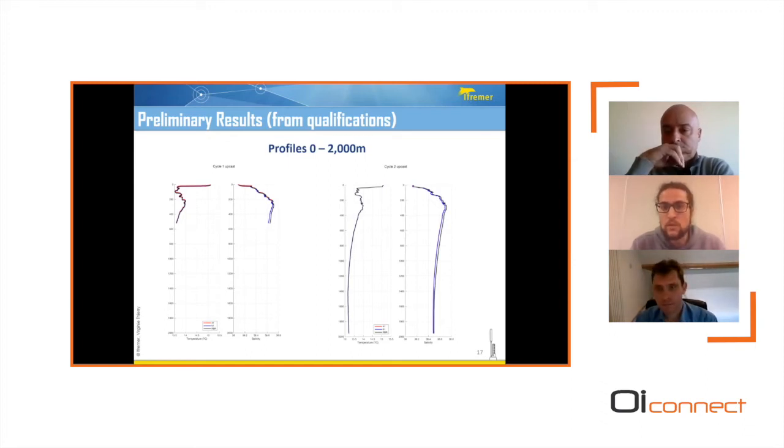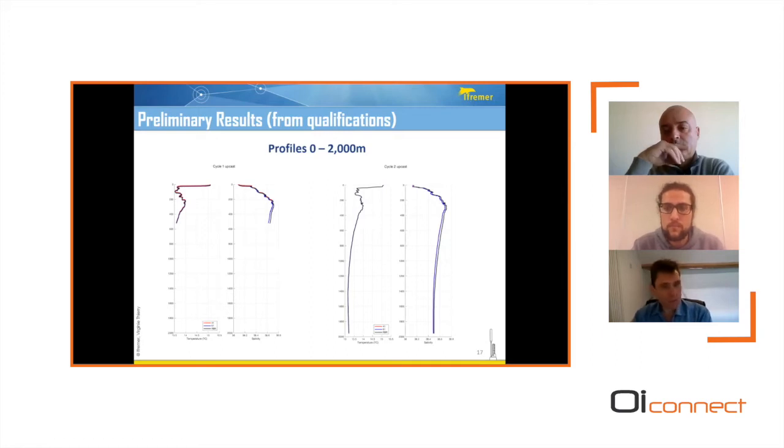And if it's not the case, it will be the scientists who tell us if we can add this CTD or not on the float. But it's well established that the Seabird SB61 is the widely accepted benchmark. So all data, even the SB41 data, will be compared to the SB61. We consider the SB61 as a reference. Yeah, so it may be that some further calibrations are required under certain conditions.